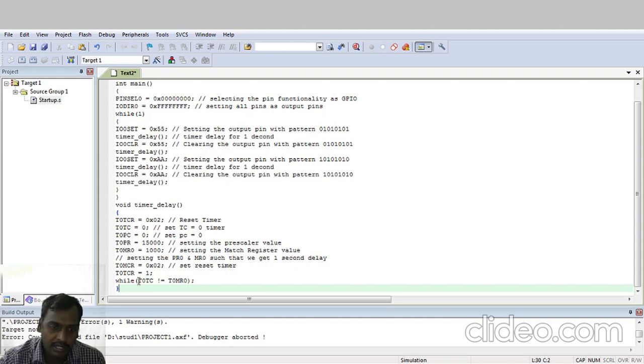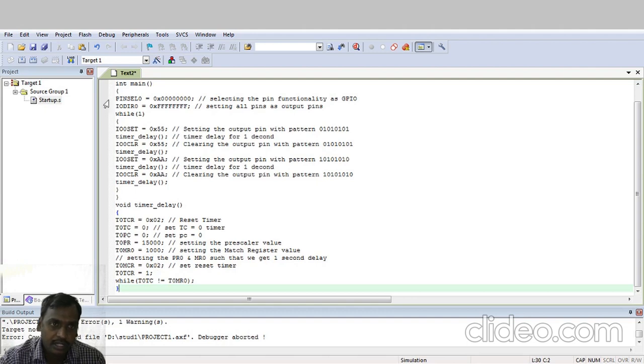Then T0MCR equal to 0x02, the match control register, to reset the timer. Again T0TCR equal to 1. Then while T0TC is not equal to T0MR0, the while condition will be evaluated every time, so the program will execute continuously.